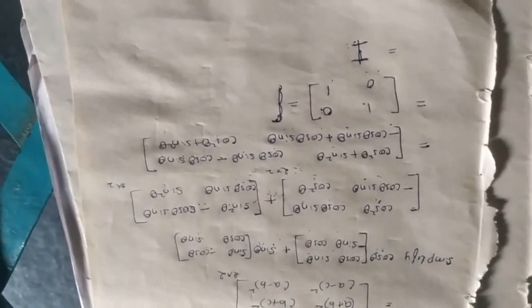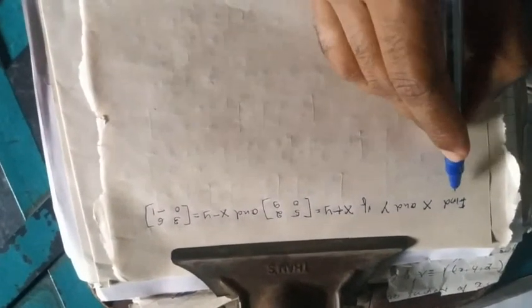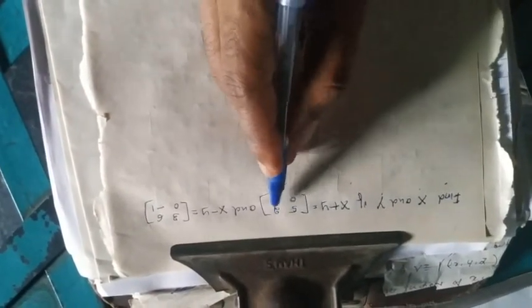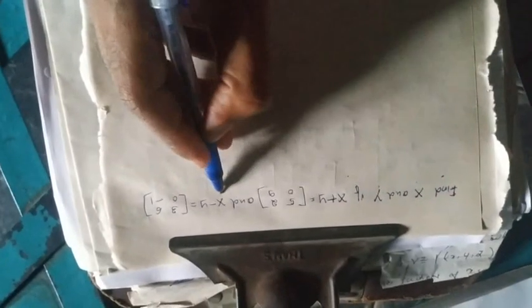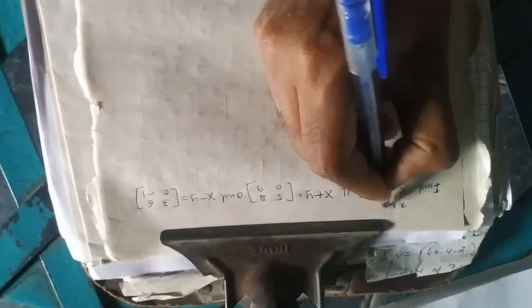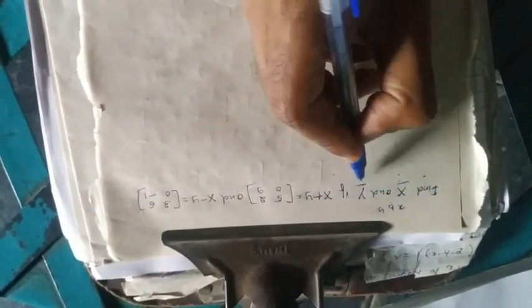So we'll solve two more examples here. In the next example, they have asked us to find X and Y if X plus Y is the matrix 5 2 0 9, and X minus Y is the matrix 3 6 0 minus 1. Look here, X and Y are not small letters. If they were small letters, we would find elements, but capital X and Y are matrices. So we have to find the matrix X and matrix Y by using these two operations.